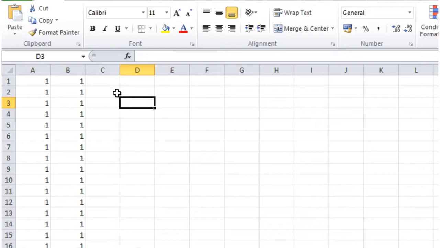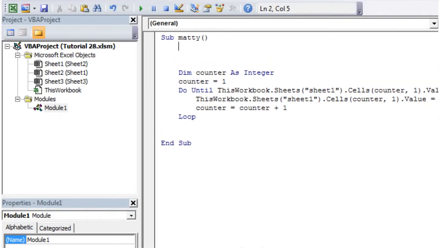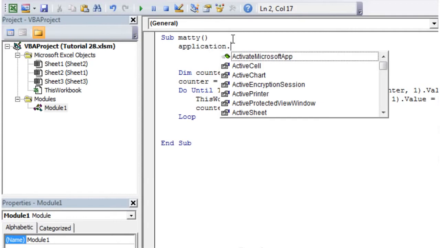So what we need to do in order to speed our loops up is we need to remove those two features from our code. So let's go back into here. I'm going to show you how to do that now. So to do this, we use the application object, and we go application. And then there's two properties that we want to change. So we want to go into screen updating,